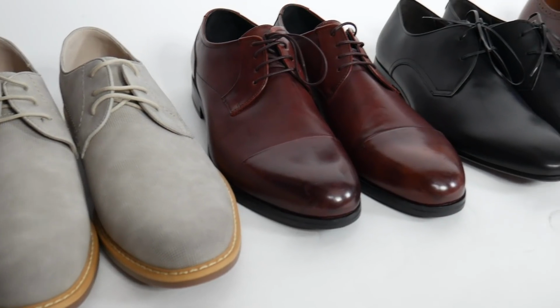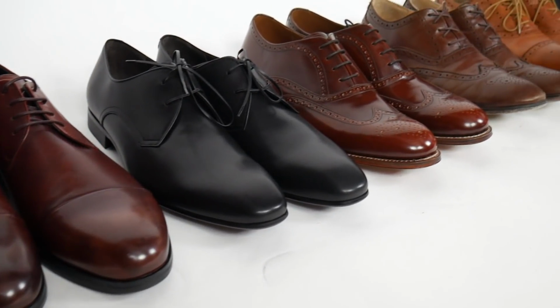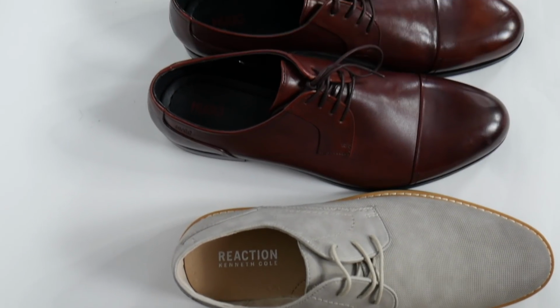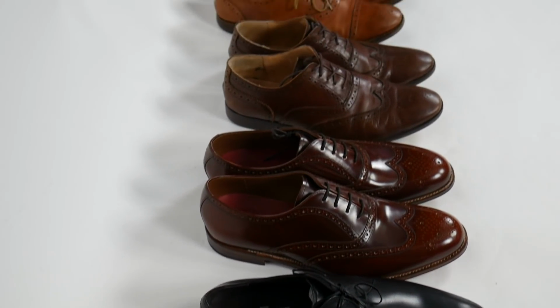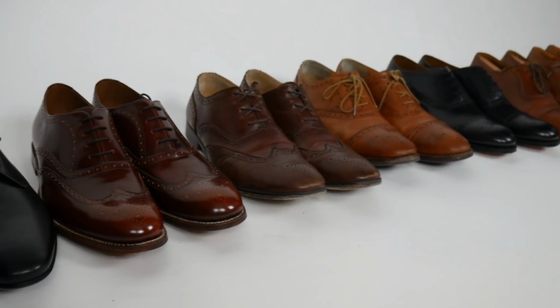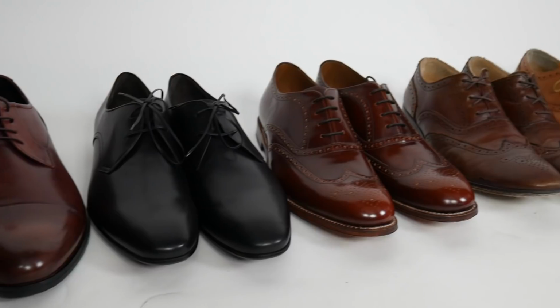Brogues, as I understand it, were always more of a working man's shoe traditionally, so they are a more informal shoe compared to the Oxford. The Oxford is very much a clean, formal style. The Brogue is a little bit more casual, but based on the way that a lot of guys dress today, if you're wearing a Brogue Oxford versus a nicer looking Derby like these Salvatore Ferragamos, you're still going to look